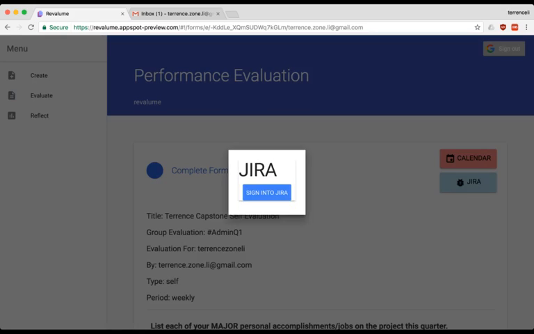So Jira is you guys can look up specific issues. One thing to keep in mind, this pop-up isn't going to pop up if you're on a Chrome browser. You have to enable pop-up. It'll pop up with like that pop-up blocker. You guys have to make sure to allow that pop-up to happen. And once you allow that pop-up to happen, you click it again, come up with the screen. It'll ask you to log in and then ask you to allow for this application. And once we allow it,